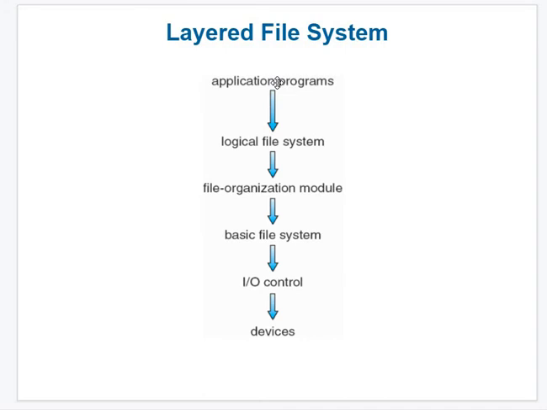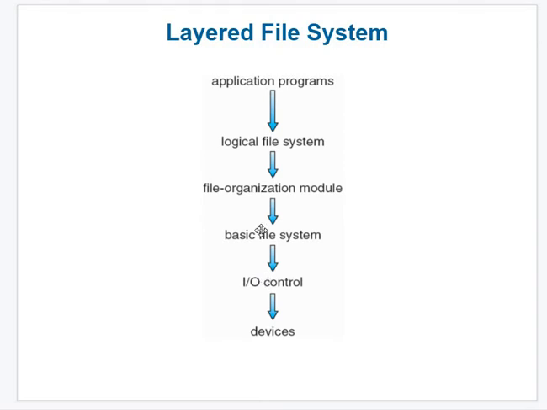Next, this is controlled by IO control units. If you transfer data from file to the RAM, what happens? Data is transferred from disk to the RAM. Or if you perform a write operation from RAM towards the disk. These devices are controlled by input output devices like keyboard, monitor, or writing into the CPU, or from the CPU towards the memory. So this is controlled by the basic file system.